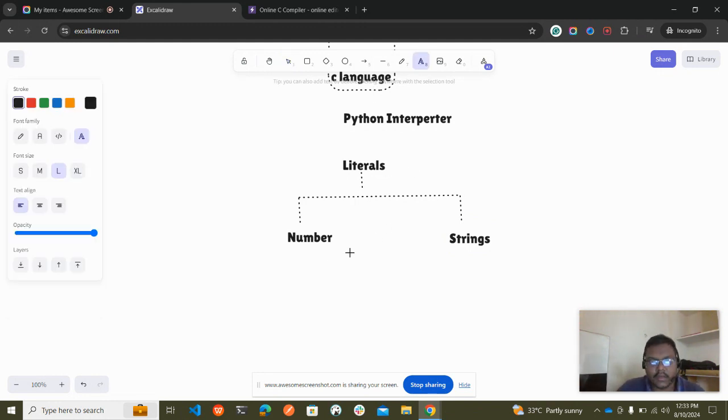Don't worry. In numbers we have integers, floats, and complex numbers.